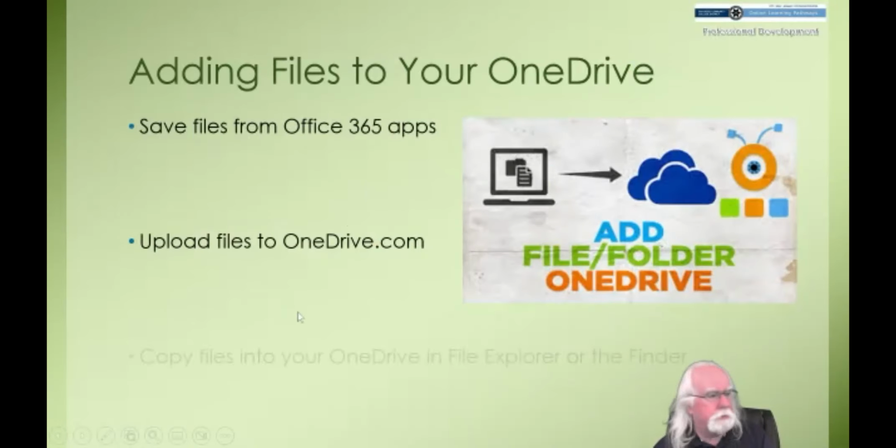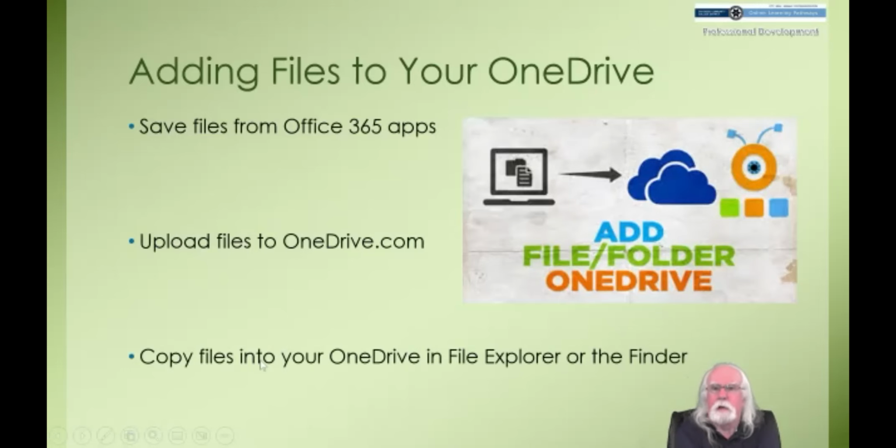But by far the easiest way to get files that are on your local hard drive or a thumb drive or whatever storage device you might have attached to your computer is simply to copy them into your OneDrive folder in your file manager, either in File Explorer or the Finder, by dragging and dropping the files or copying and pasting them. So what's that look like? Well, let's pull up